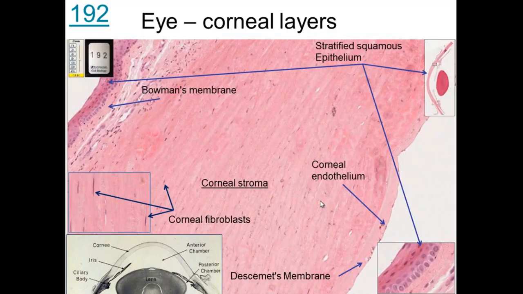We can see those here. If you see the stratified squamous epithelium on the surface, Bowman's membrane here, and then you see the stroma, and the stroma has corneal fibroblasts. You can see the nuclei of these cells, you can see the cytoplasm of this cell, and there's a lot of fibers in between, and those fibers are arranged perpendicular to one another so that it selects out desirable light rays. So you have stroma from there to Bowman's descemetous membrane, which is a basement membrane of these